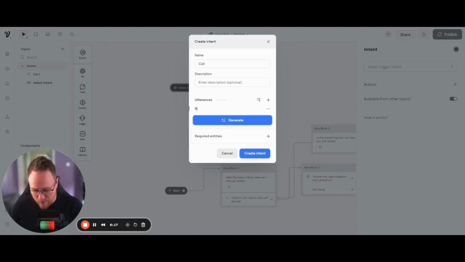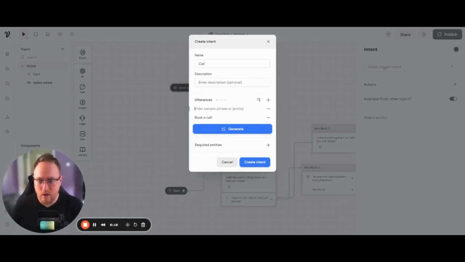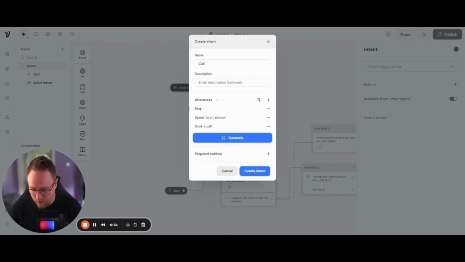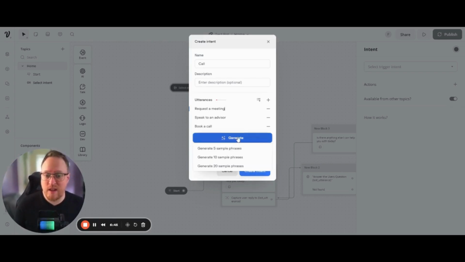So straight away we can put book a call. We can try speak to an advisor, request a meeting. As you can see, it's not all the same thing. It's not all like book a phone call, get a phone call back, that sort of thing. We want to put it as varied as possible to get the AI generator to understand the various different meanings that all mean this person wants to speak to somebody. So if we then generate 10 examples,